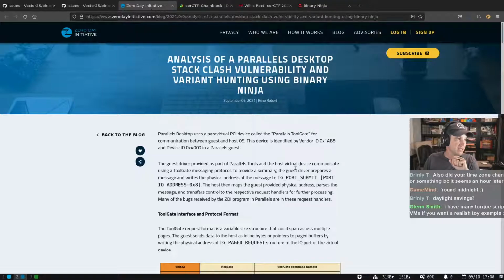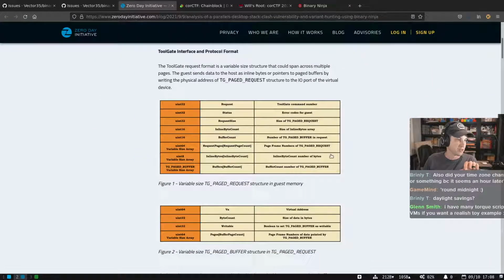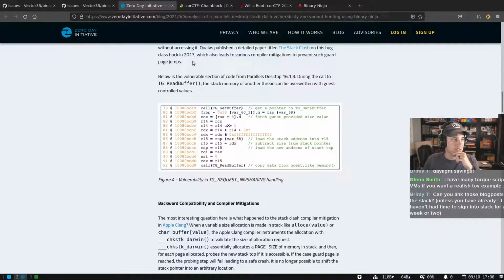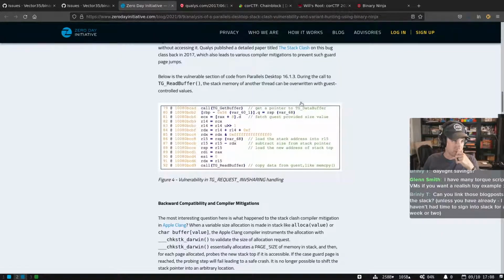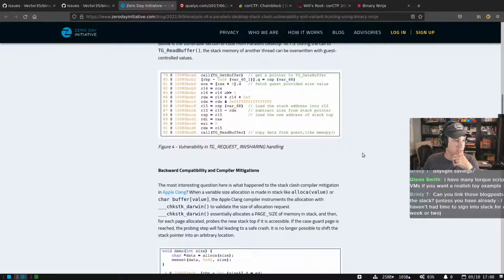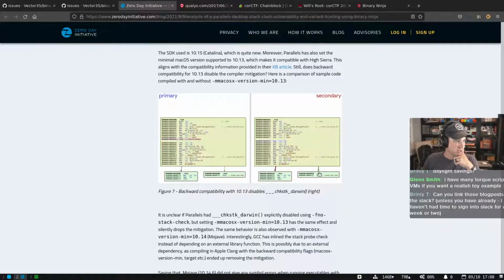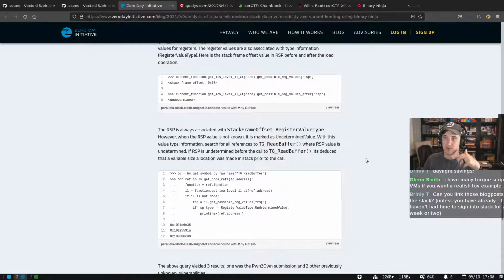Last but not least is ZDI. So Zero Day Initiative has another Binary Ninja blog post just in the last couple. Actually, this one came out like yesterday. Yeah, so this one's really fresh. I have not even had a chance to read this. In fact, it even mentioned something called stack clashing, which I guess I have not even seen before, from a Qualys paper. Qualys is also a fantastic blog, of course. Folks should be very familiar with a lot of the stuff that they put out. They have a lot of really good stuff that they post. But then this is somebody who, there's some bindiff going on there, you can see, and then they're using Binary Ninja, and more importantly, using the data flow system of Binary Ninja.